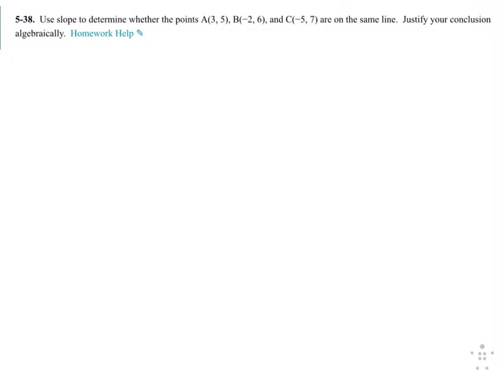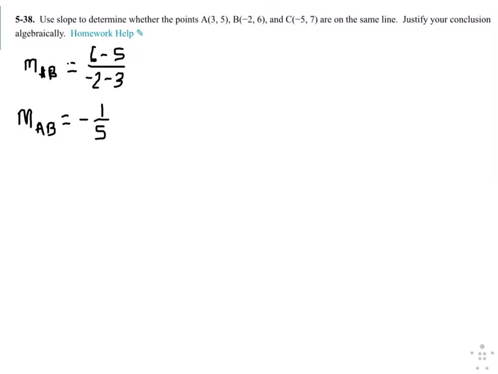Okay, for these 3 points to be on the same line, the slopes between AB, BC, and AC all have to be the same. So let's figure out the slopes. The slope between A and B is y2 minus y1, 6 minus 5, over negative 2 minus 3. So the slope between points A and B comes out to be 1 over negative 5,